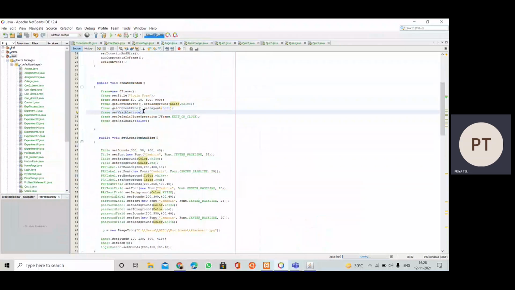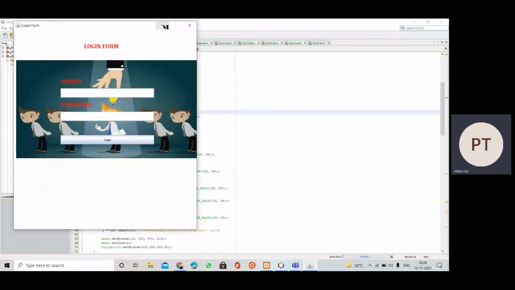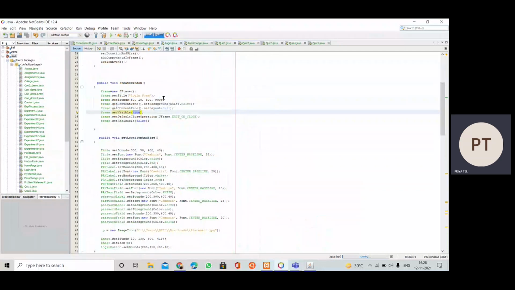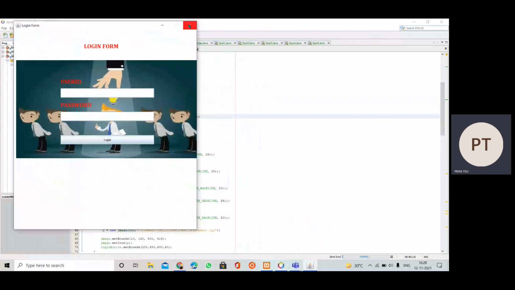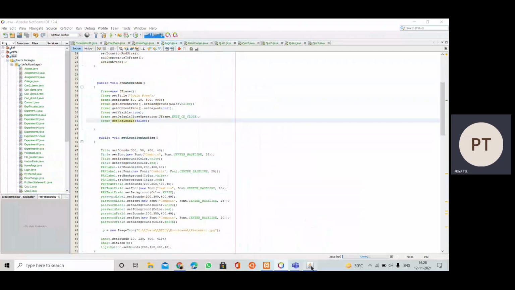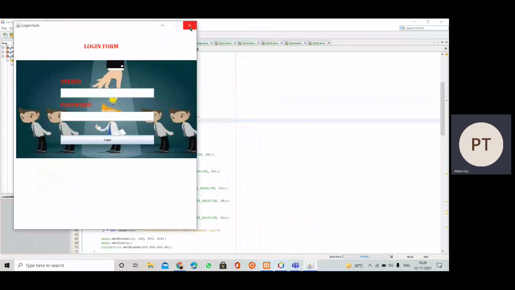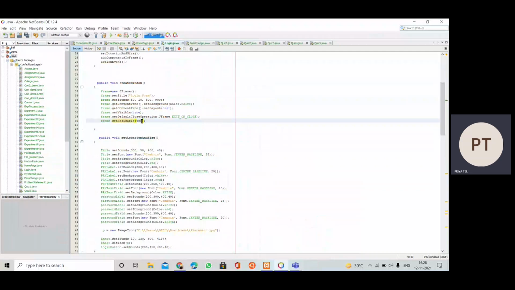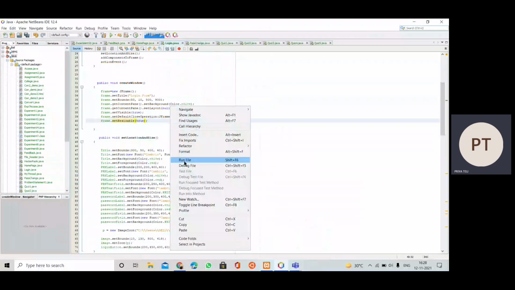Then after that we have the setVisible method. We have set visibility as true. If we set it as false, then the frame as well as the components on the frame will not be visible. Then we have the setDefaultCloseOperation method. Inside that we have passed JFrame.EXIT_ON_CLOSE, so that we can close our frame by clicking on this close button. Otherwise, if we don't mention it, we will not be able to close our frame even though we click on it many times. Then we have this setResizable method. We have set this as false. That's why this maximize button is disabled. But if we set it as true, let's see and run the program.